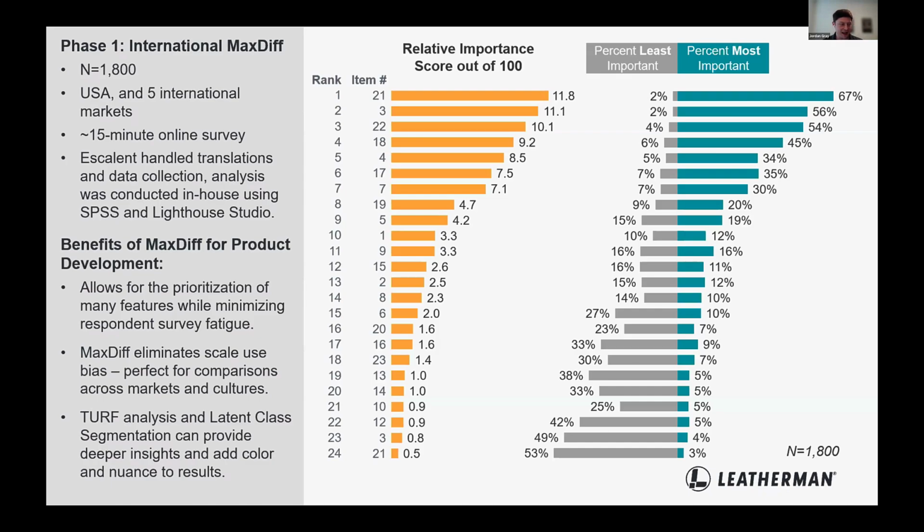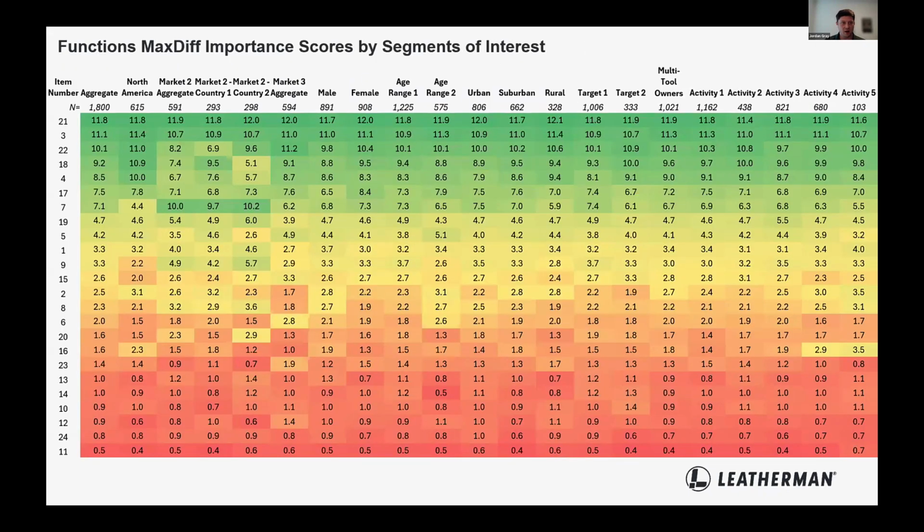And the last slide I'm going to end with is the aggregate results, N of 1,800 across all those markets we were talking about. But because we used such a large sample size and we wanted to understand the differences across these markets, I actually ran individual MaxDiffs for each of the segments of interest that we had sufficient sample size for. So if you see in this big eye chart up above, we have the sample sizes and the different segments of interest above the columns.